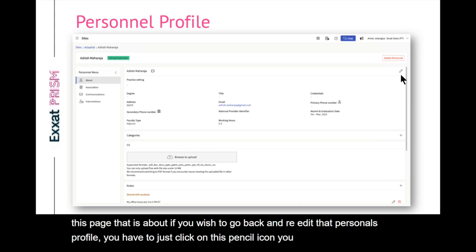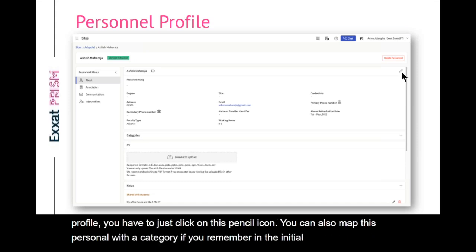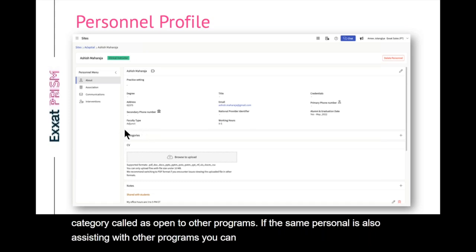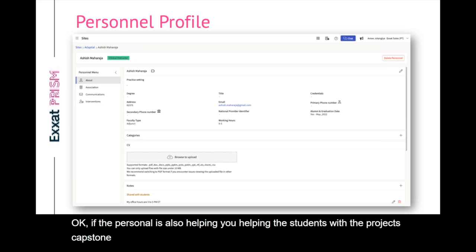You can also map this personnel with a category. If you remember in the initial setup, we created a category called open to other programs. If the same personnel is also assisting with other programs, you can mark this category. Okay, if the personnel is also helping the students with the projects, capstone project or any other projects, and if